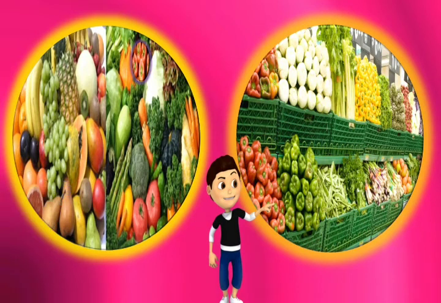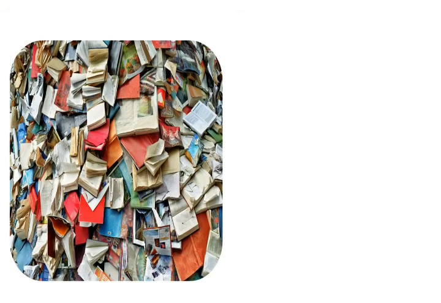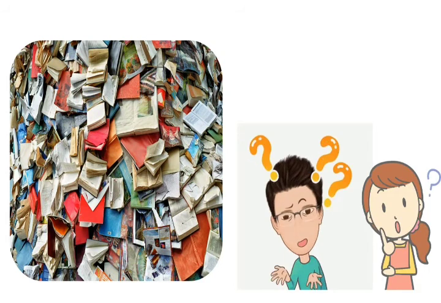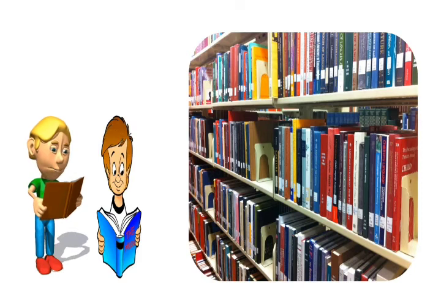From these pictures, what do you observe? Why are these children confused? They are searching for a book for a longer time. From these pictures, what do you understand? Yes, correctly said. If everything is arranged in a proper manner, we can easily identify and study their properties. How are elements arranged? Shall we discuss that?